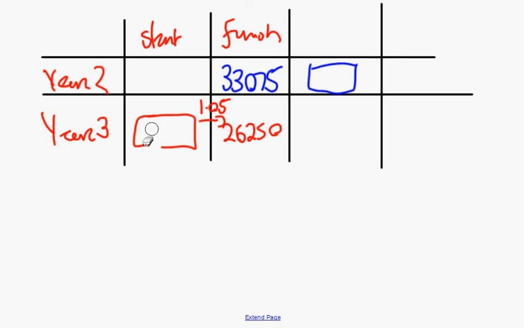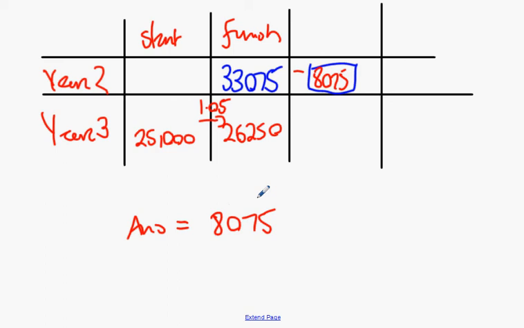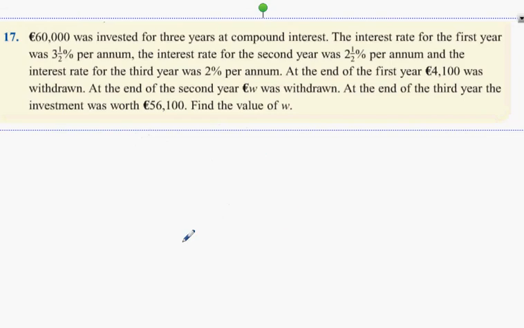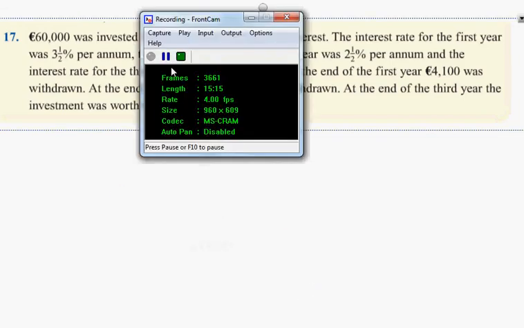So 25,000. Now guys, this 25,000, which is here, you listening? It came from the 33,075. How much smaller is 25,000 than 33,075? And that's how much we took out. So the answer is you took out 8,075. I'll tell you